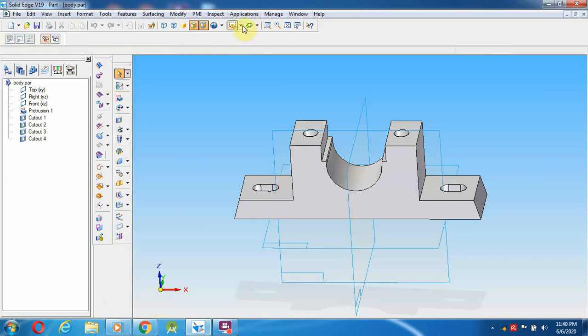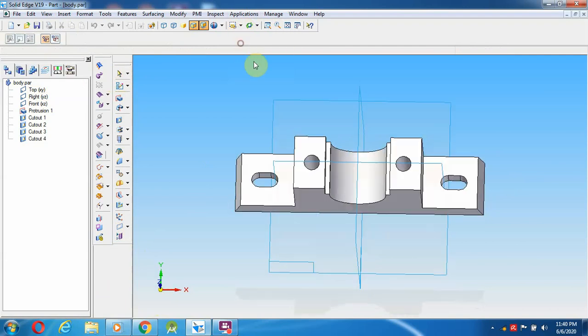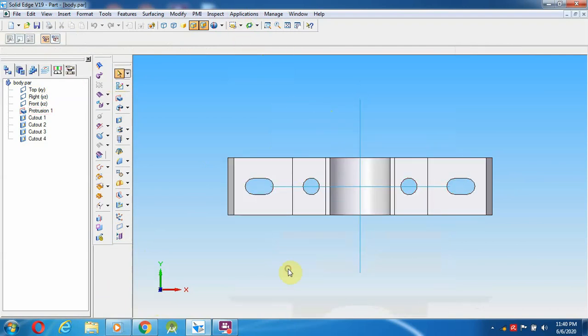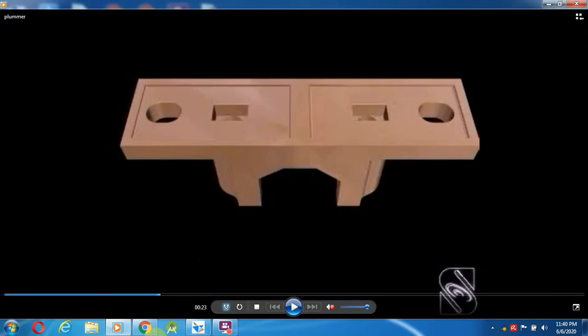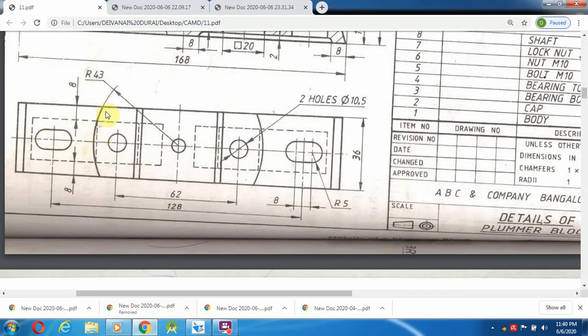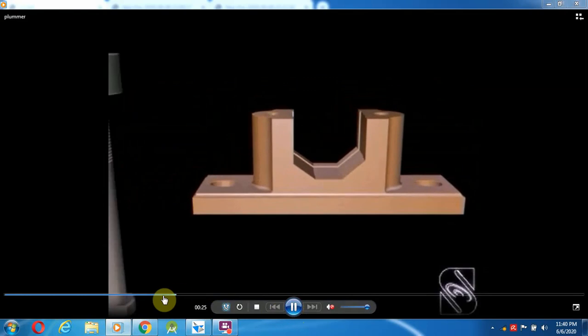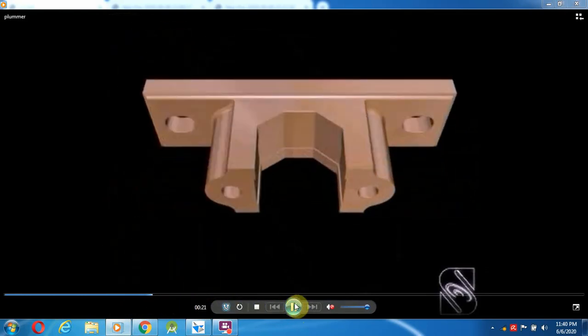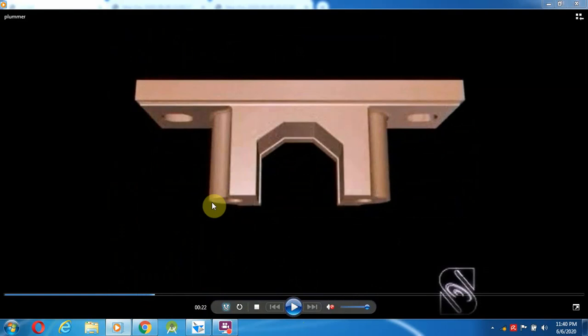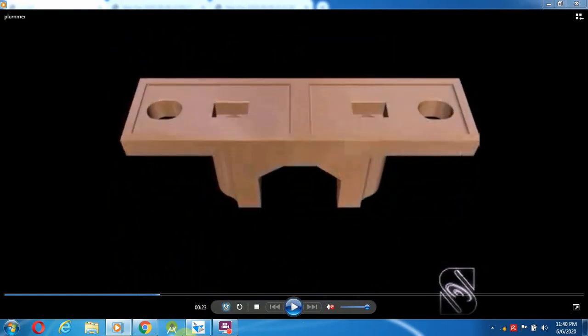Okay, you can see from the top view. In the top view, over here, it becomes a straight line. But in the top view, they have provided it as an arc. That means this is the particular thing. It will become an edge, coming as an arc. So for that, what to do?